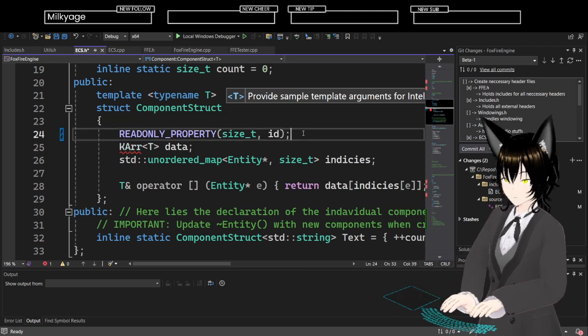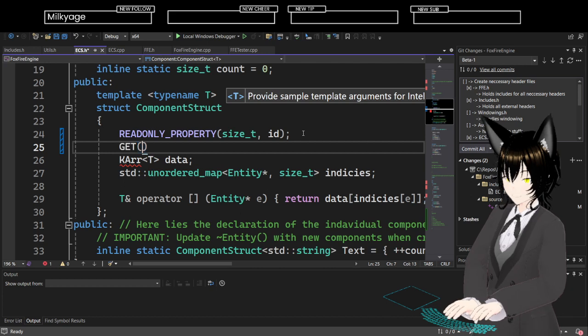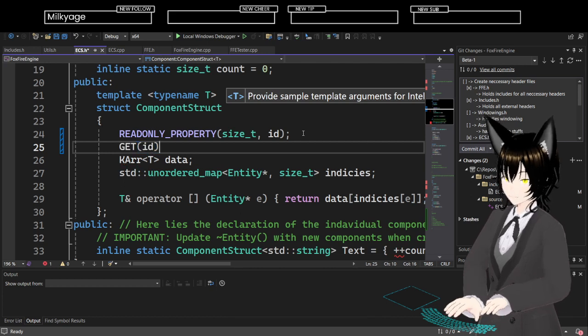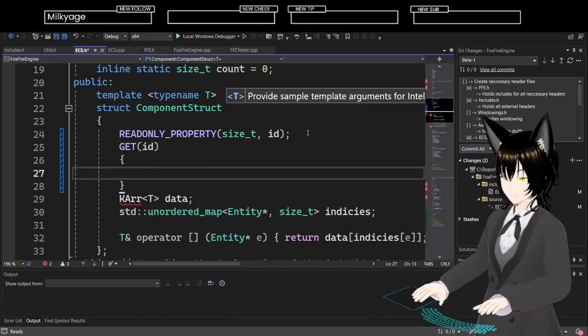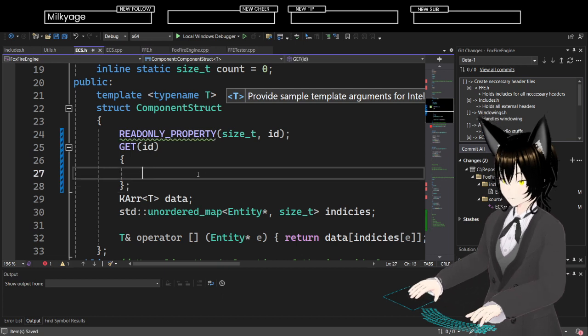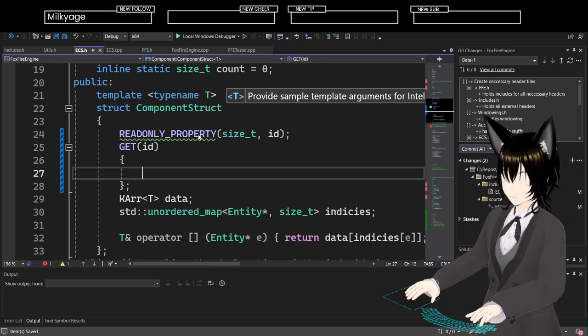Right. And then get ID. And then this is a thing, right? Like this should still compile.